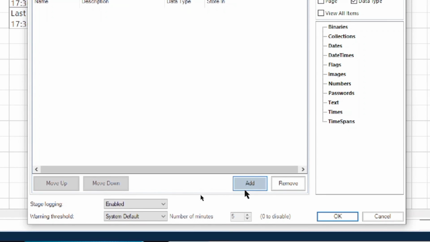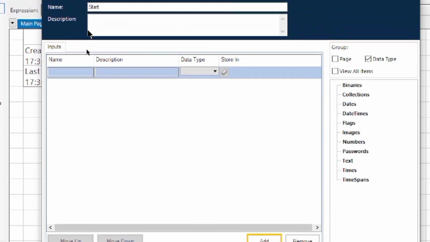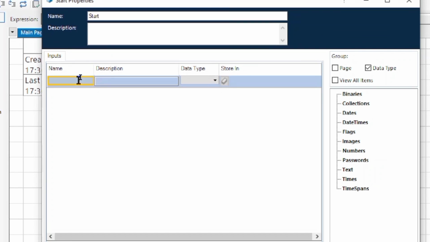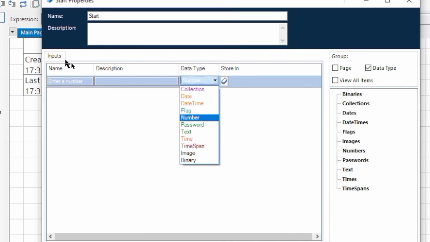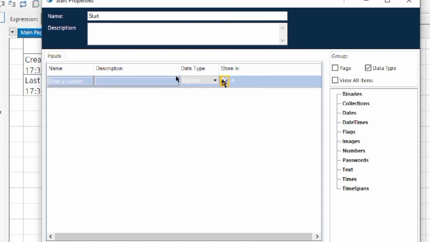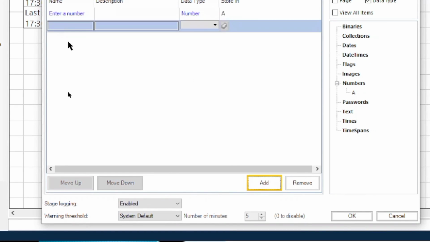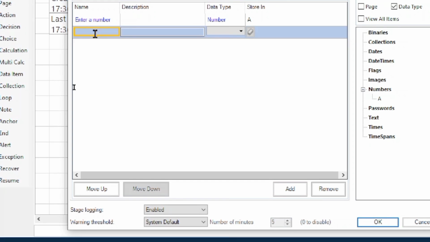For example, if we want to take an input from the user, let's say enter a number or enter a text, I can use the startup parameter, and when the user runs the process from the control room, there will be a prompt or a pop-up window which will ask the user to enter the name and the number. Add one more startup parameter.